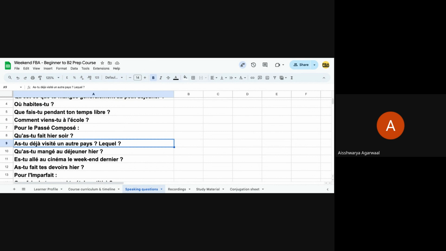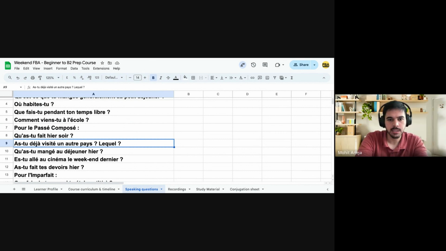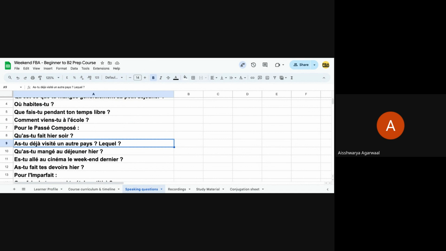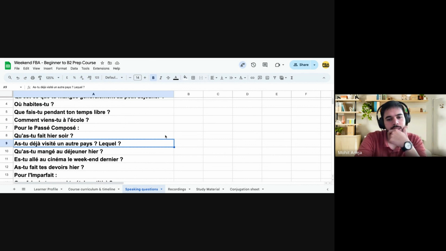So this has to be only one sentence. You can describe the country if you'd like. Don't say just yes and no. Okay. What if I haven't? I have to make up. Maybe here make up or just say no, but I have visited places in India, blah blah blah.